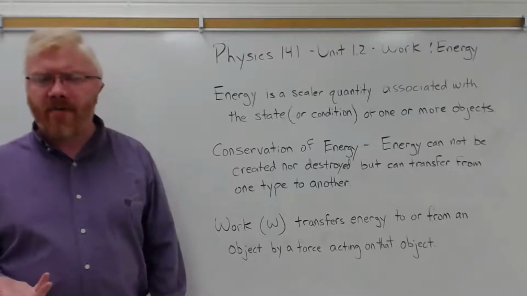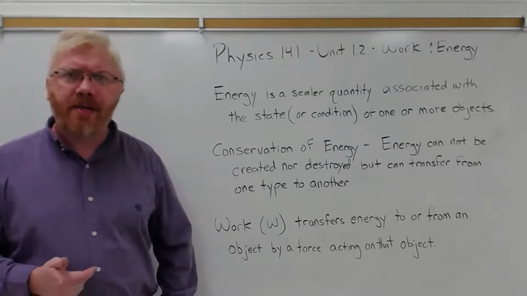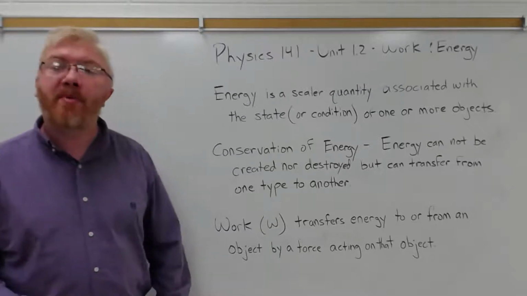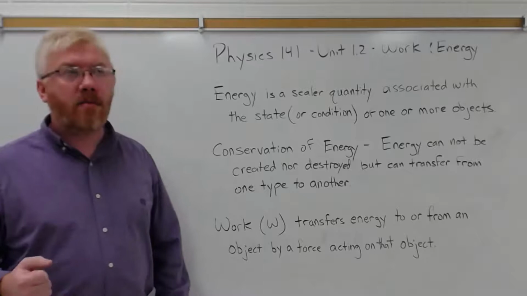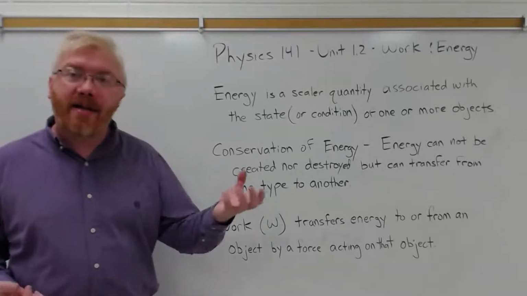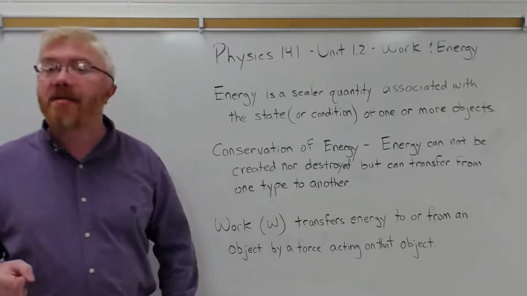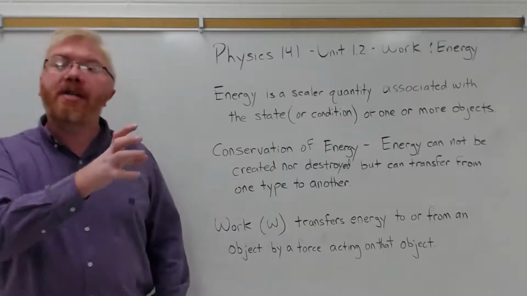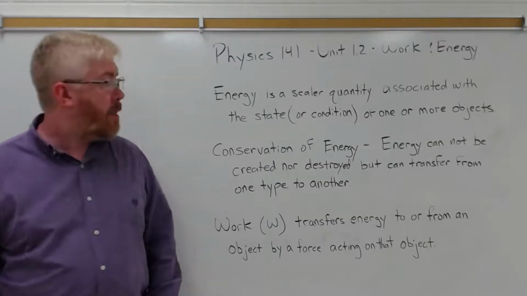Well, where did that energy come from? Well, plants and animals that I've eaten. Well, where do they get the energy? Well, the animals probably got it from the plants that they ate, and the plants get it from the sunlight. Well, where did the sunlight get its energy from? Well, actually, it's stored energy in the nuclei of the atoms. Mass becomes energy. We'll talk about that next semester. But the energy always exists, it just exists in different forms.